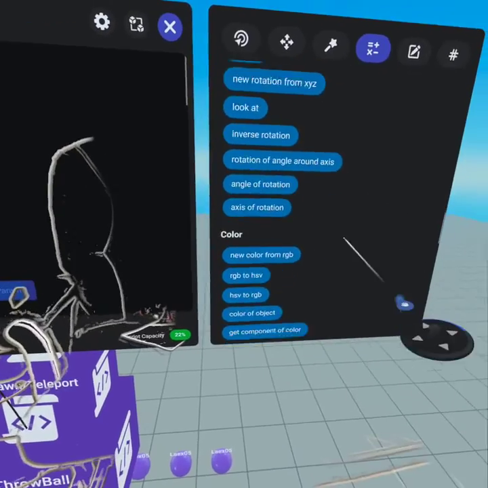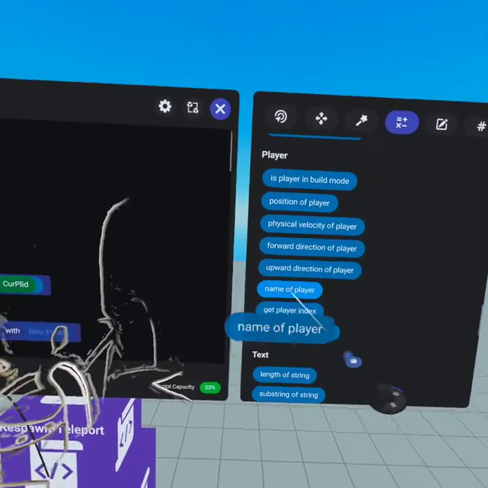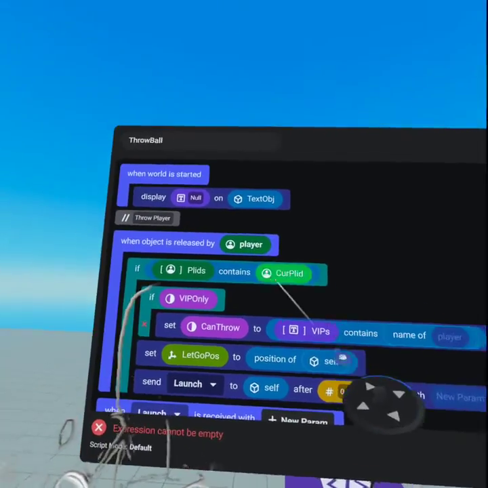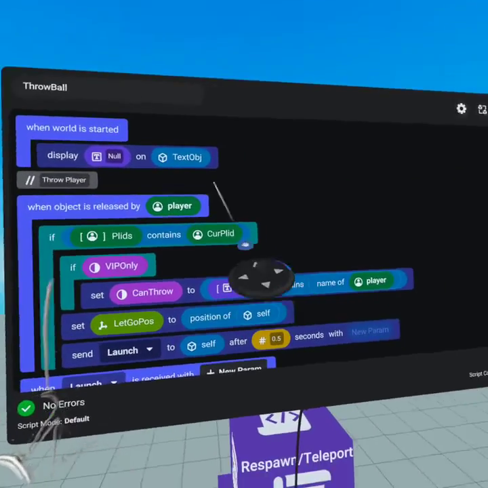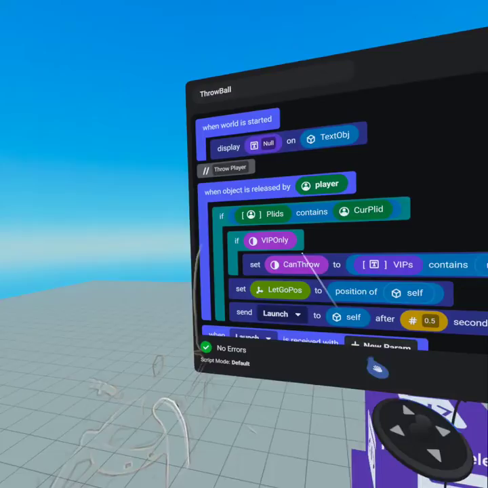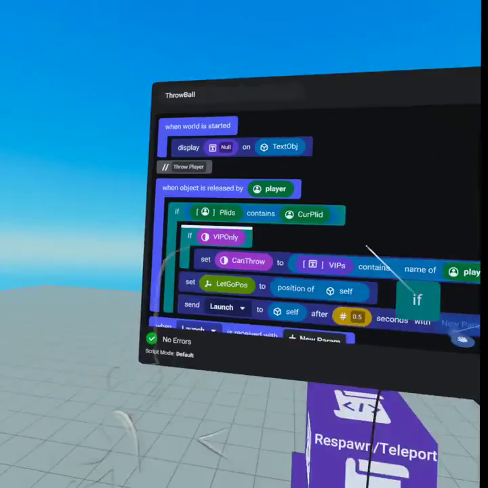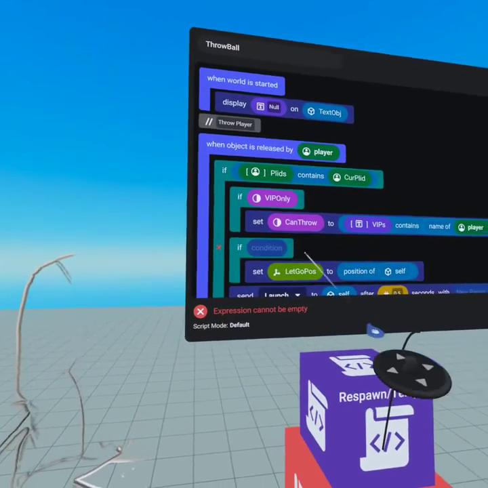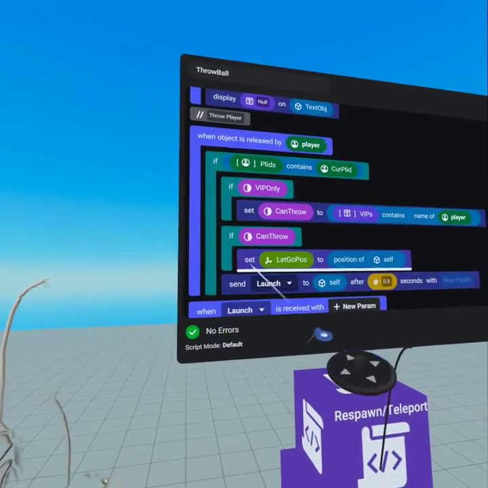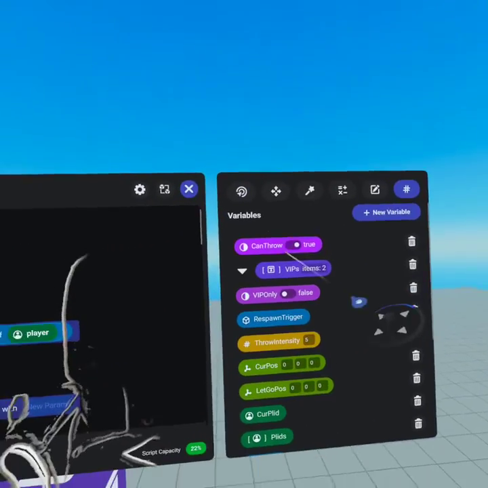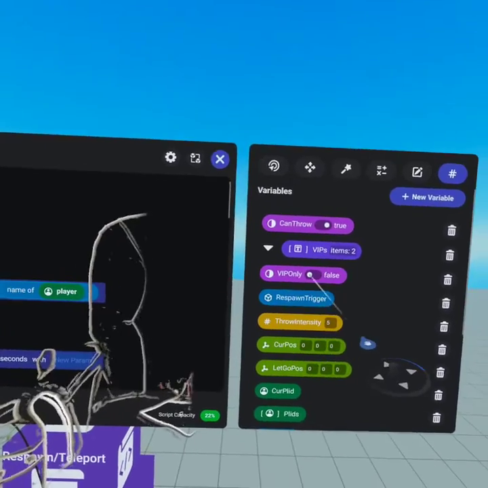So we're going to go grab name of player and drop that into the current player spot. And then the name of the player who let go of the ball is the person we want to be VIP. And then we grab an if statement below that says, if can throw is true, then we do this. And by default, can throw is true and VIP only is false,